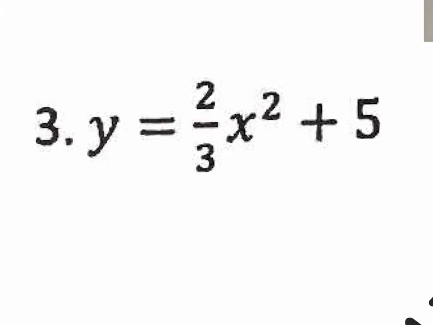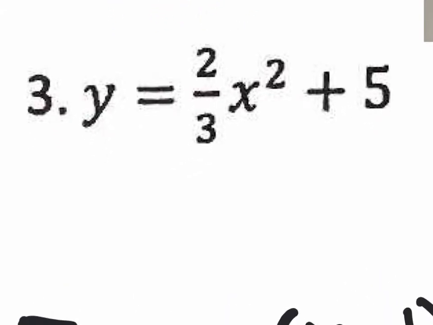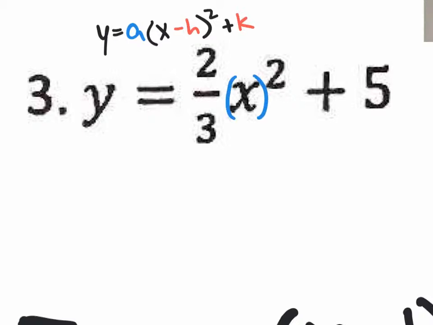Number 3. Now this one's a little weird, and it's going to require some imagination. What do I mean by that? You see, vertex form, Y equals A, parenthesis, X minus H, close parenthesis, squared, plus K. You need to see some parentheses, right? Are there any parentheses here? No. So we could pretend that there are some parentheses around the X,